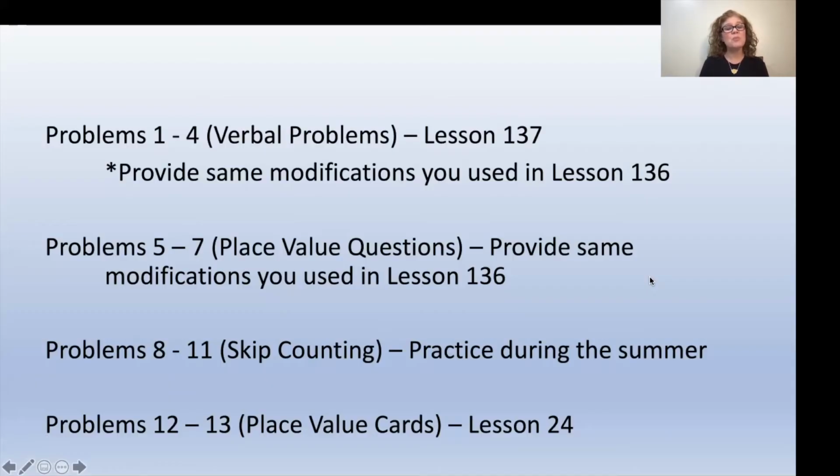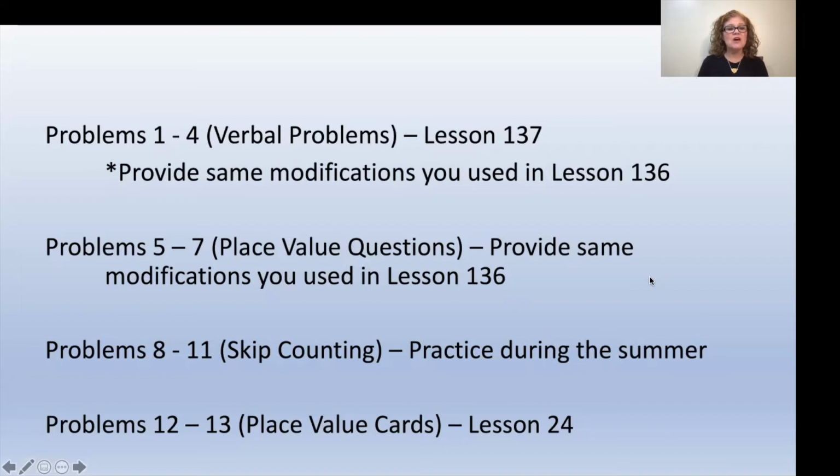If your child struggled with problems 1 through 4, which are those verbal problems, you can review lesson 137. Use the same modifications that you used when you did these kind of problems in lesson 136. For problems 5 through 7, which are the place value questions, you can provide the same modifications that you used in lesson